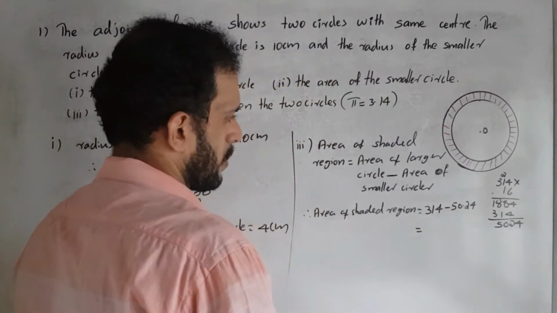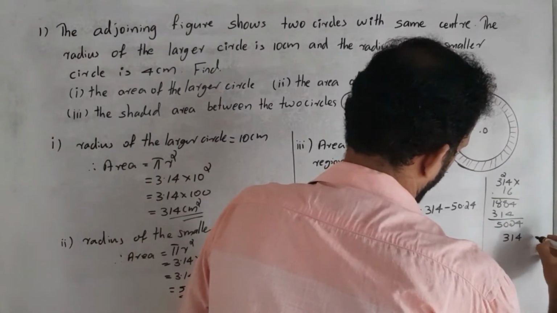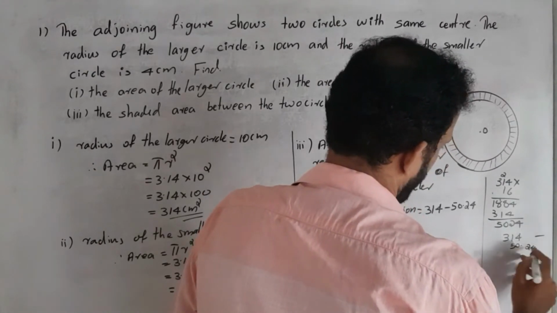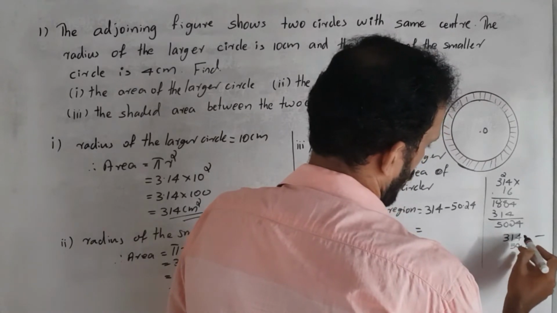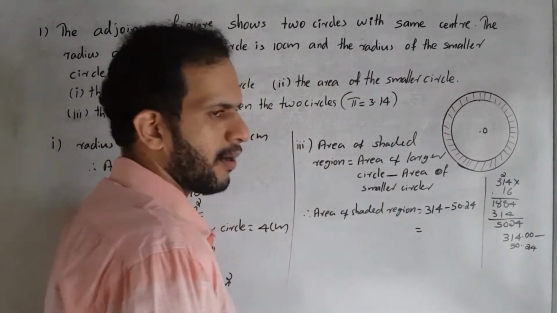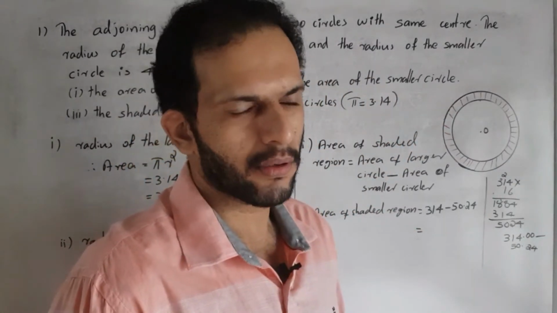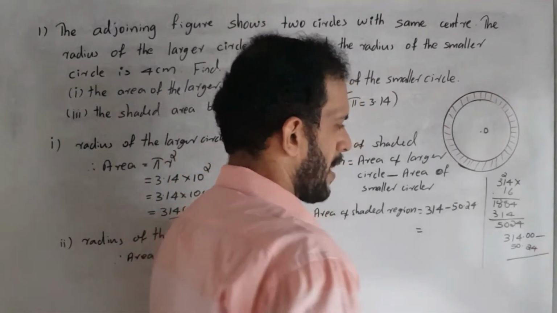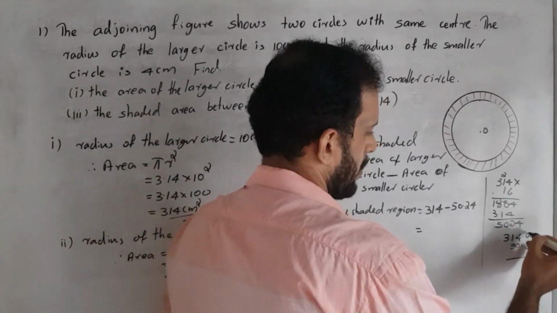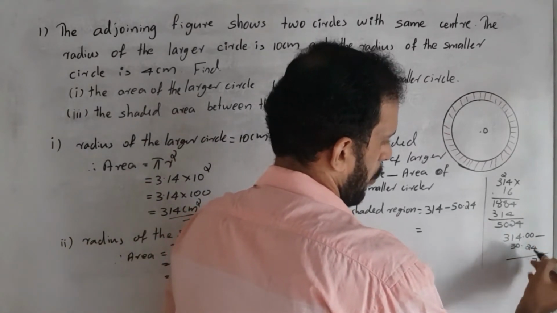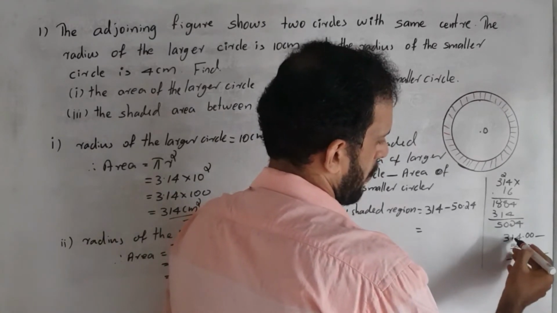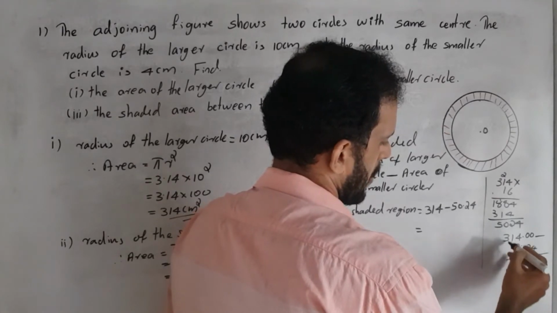Next we want to subtract. Then how to subtract this one? Yes, 314 minus 50.24. 50.24 is a decimal value. Here we do not have a decimal point, so we put the decimal point and 00. Correct. We studied how to subtract this in the lower class. Correct. Next, how to subtract? Yes, 10 minus 4 is 6. Then 9 minus 2 is 7. Point. Here the value is 3 minus 0 is 3. Then 11 minus 5 is 6, yes, 2.